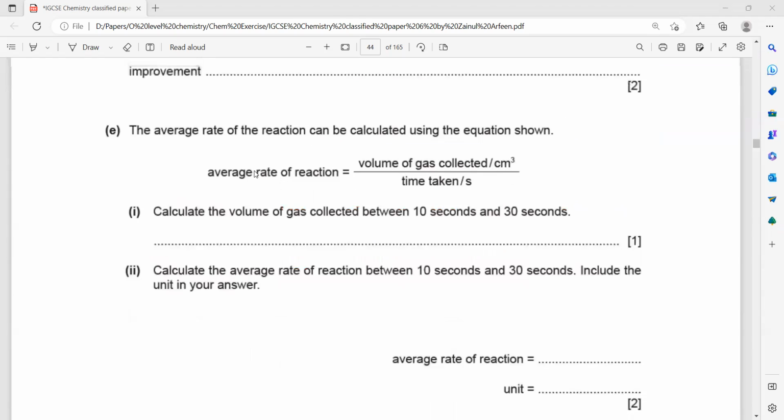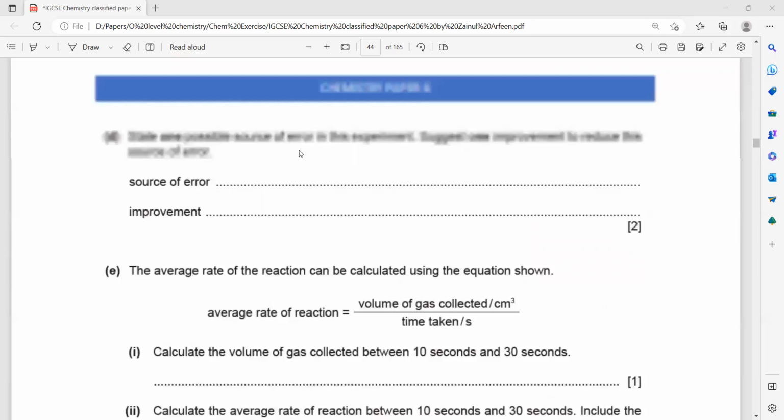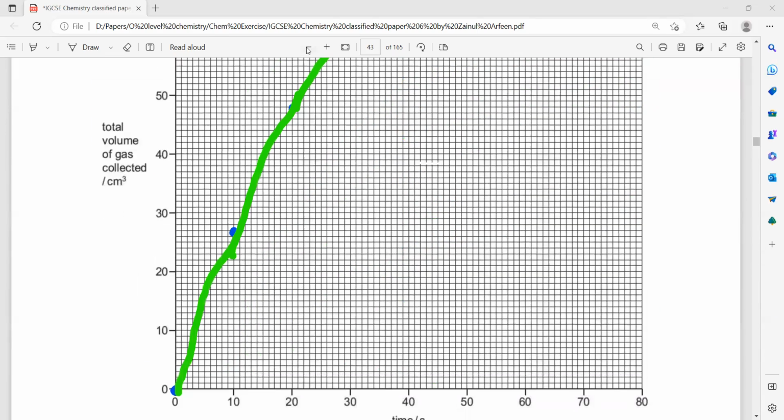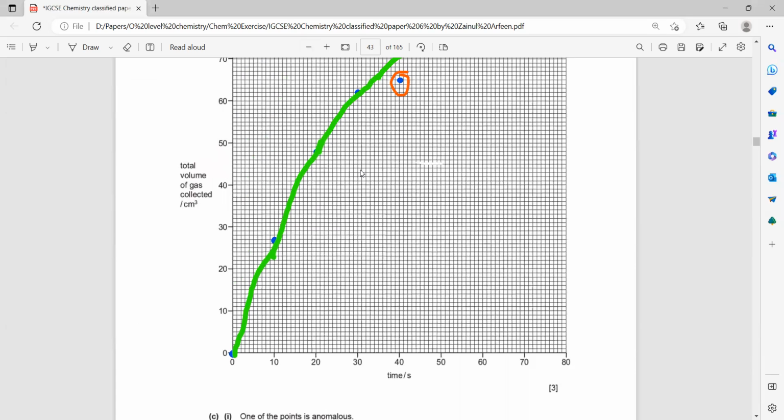The average rate of a reaction can be calculated using the equation. Calculate the volume of a gas collected between 10 seconds to 30 seconds. So from 10 seconds to 30 seconds, we want to find how much gas is collected. So at 10 seconds,